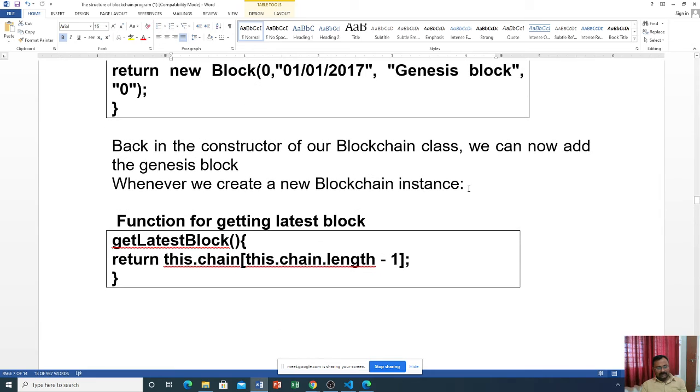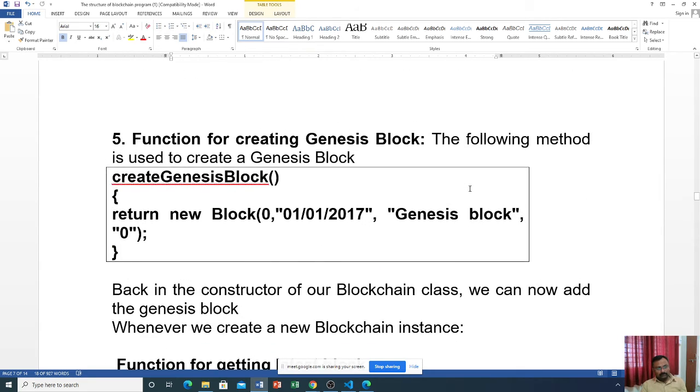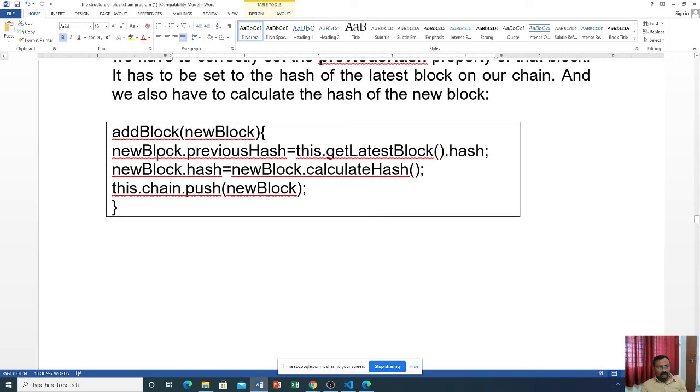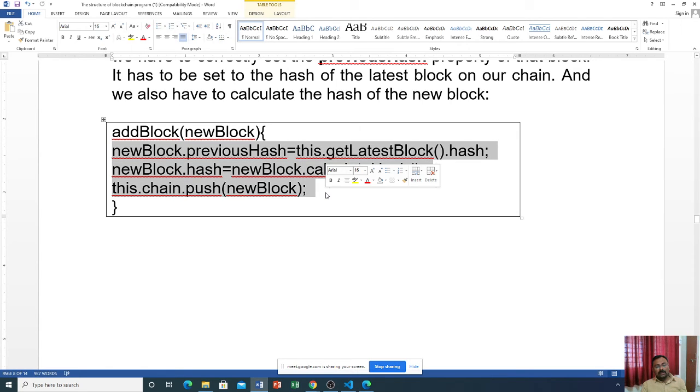If a block is created using these lines, newBlock.previousHash = this.getLatestBlock().hash. The latest block is the genesis block. The genesis block hash is stored in the previous hash. The new hash is created using the calculateHash function to create a new hash of the new block.